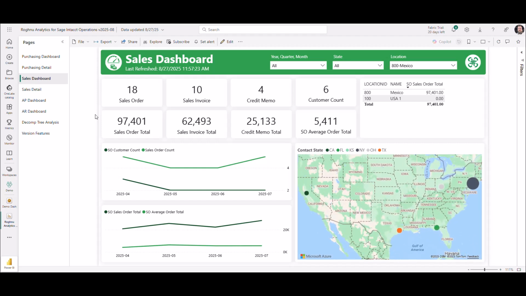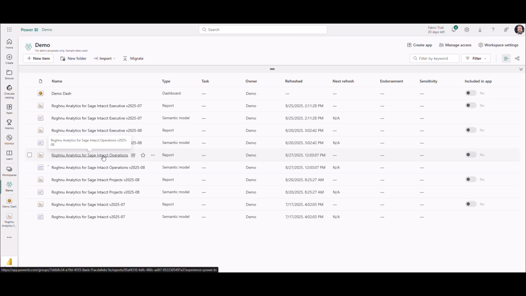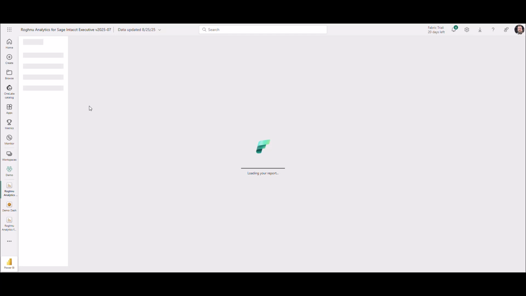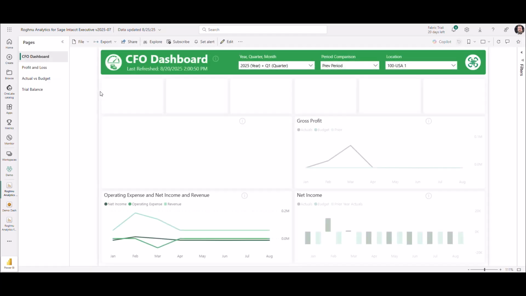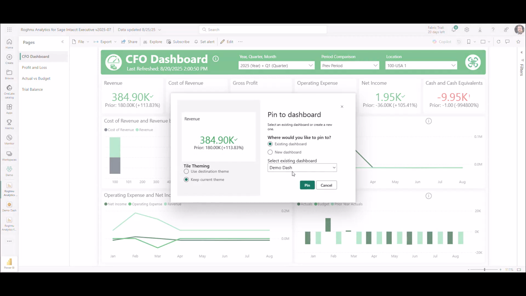Okay, so those are visuals in the same PBIX file, right? But let's say, I'm going to go to the demo workspace here. And instead of going to our operations reports, which I was just on, I'm going to go to our executive reports. Click on this one here. Okay, and now let's say I want this data tile here to be pinned. Again, I'm going to hover over it, click pin. I want it pinned to demo dash